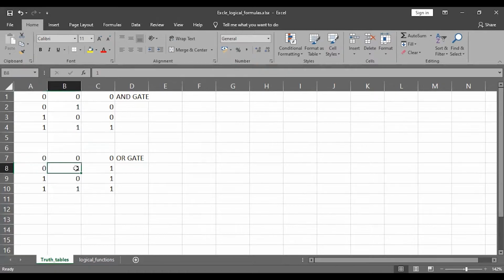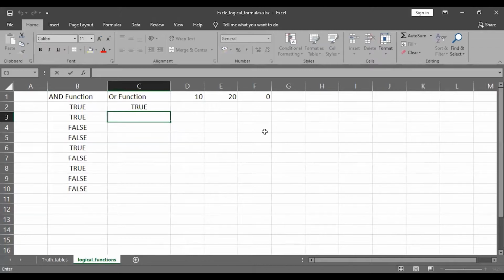So true or false, or true, always returns the output true. So if any one of the values between the two is 1, it is going to return me true. And if both the input values are false or 0, it is going to return me false in that case.